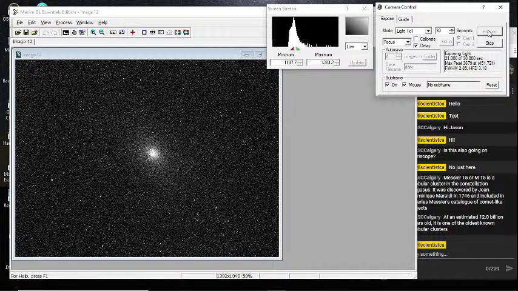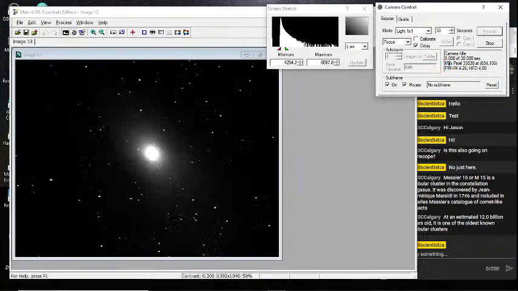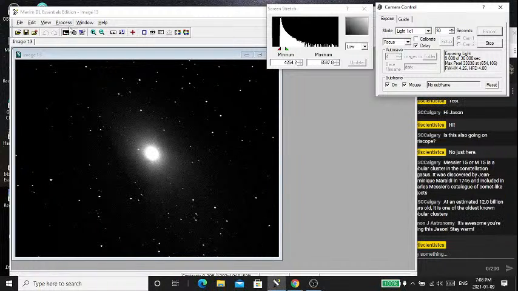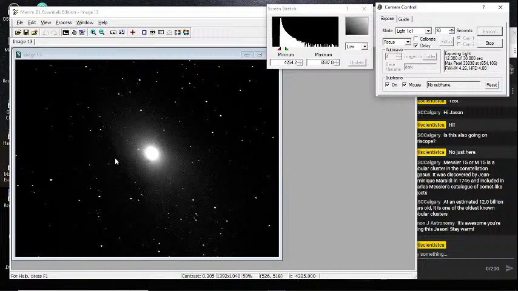You can actually see how long it takes by looking here where it says exposing light. This number here changes with the amount of time it's taking. And there we go. It's the Andromeda Galaxy, or at least part of it. It's actually quite large. It extends well beyond the frame both ways. This is kind of the central core of it. See a little bit of a dust lane here.